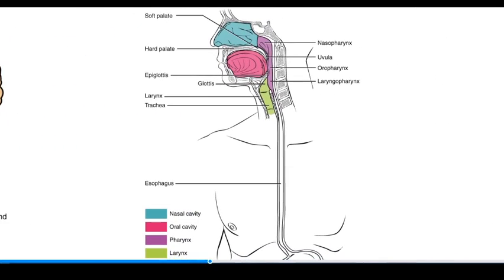As I mentioned in the beginning of this section, the upper GI tract is the oral cavity, the pharynx, and the esophagus. The digestive tract crosses over the respiratory tract starting with the nasal cavity and the nasopharynx, the oropharynx and laryngopharynx, going into the larynx and the trachea. And you can also breathe through your oral cavity. The oropharynx and laryngopharynx are part of both the upper respiratory and upper GI tracts. The nasopharynx is only part of the